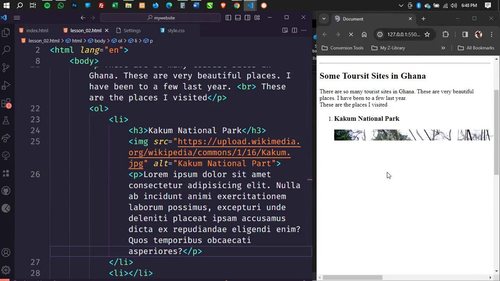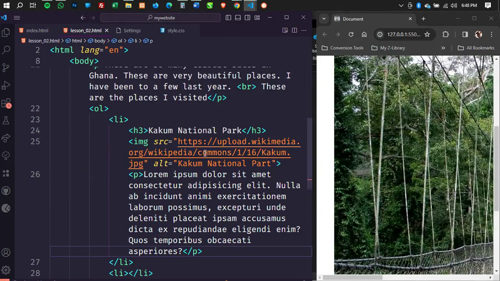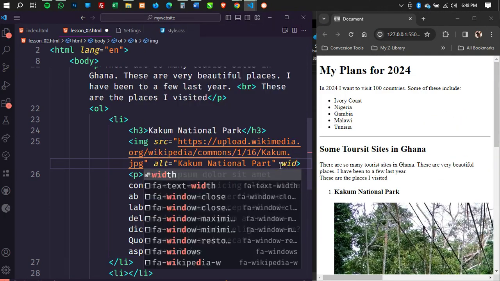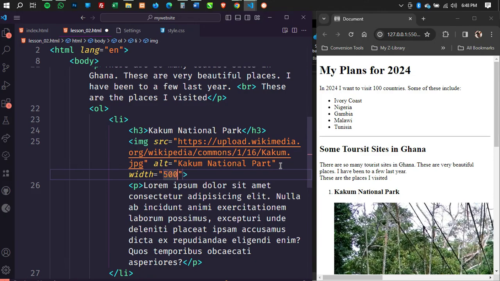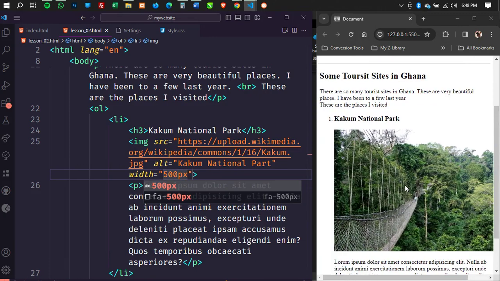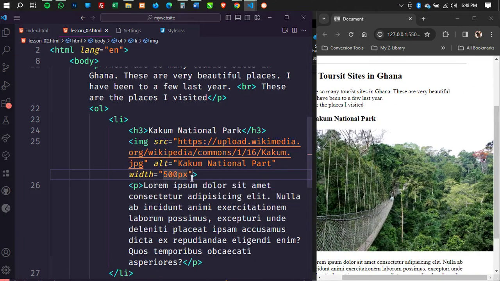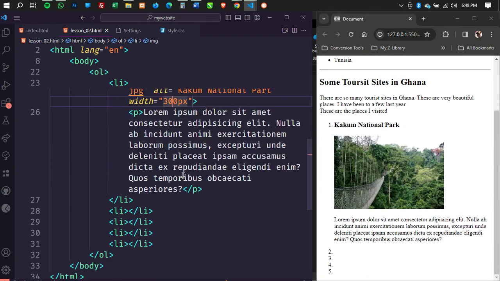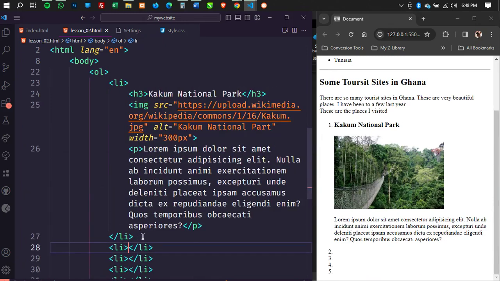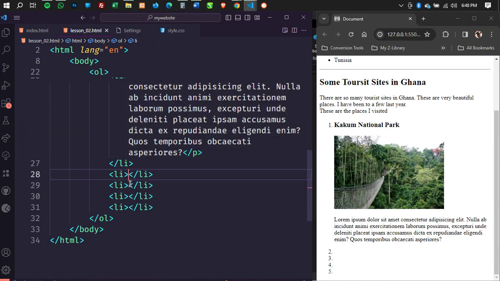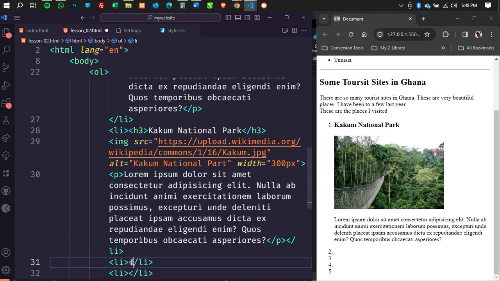Let me save and we have, so the picture is so big. Then let me introduce another attribute which is the width, and let me give it 500 pixels, which I think looks better now, right? Let me make it 250 so it fits fine. 300 should be okay. Great. So it fits into my viewing area. Then two, let me just copy whatever I have in one and paste and paste.